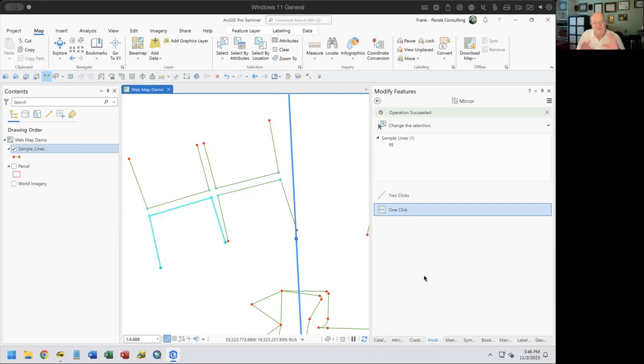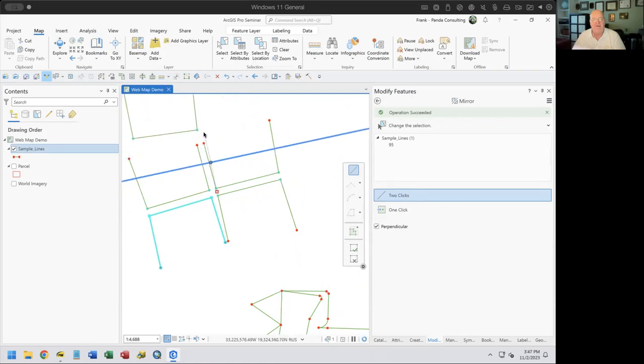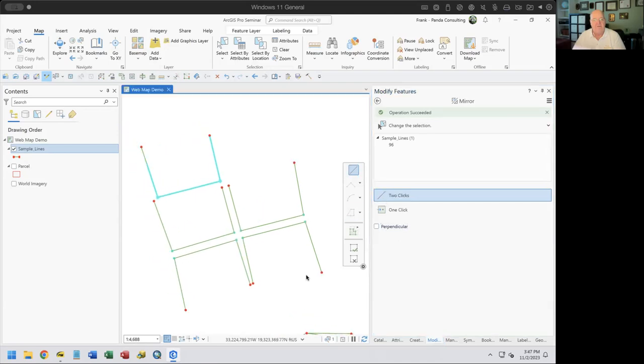In this case, just by identifying where it is. Think about it with the 2 clicks: you tell it here, and then where your mirror is actually created, you tell it where to create this, and it'll decide how to do that mirror. Whether or not it's perpendicular, you can mirror this with 2 clicks